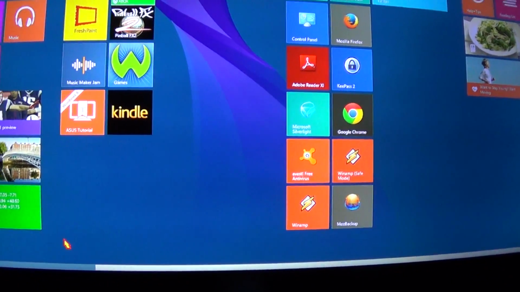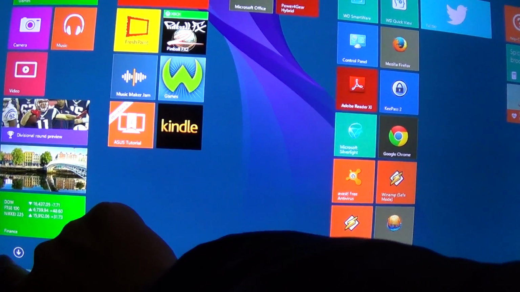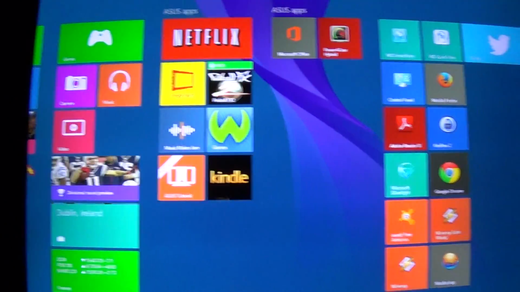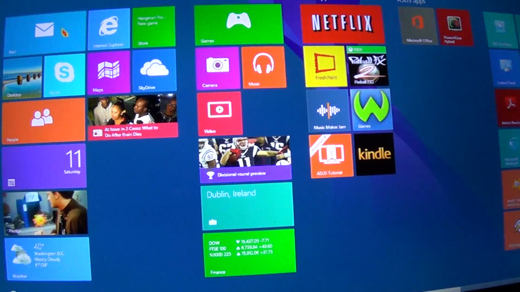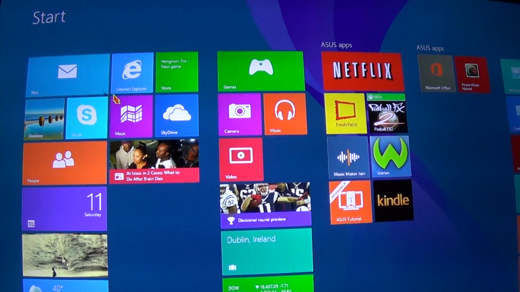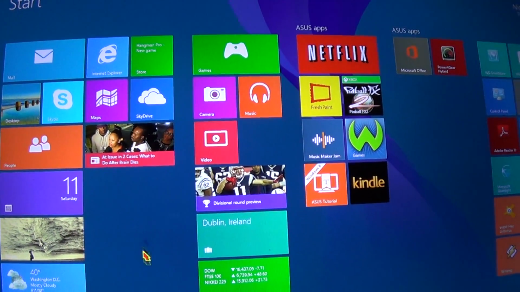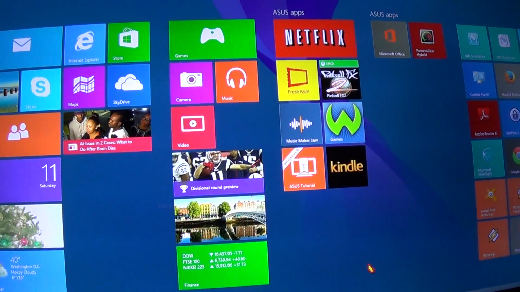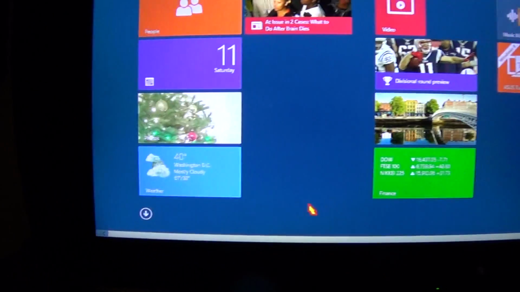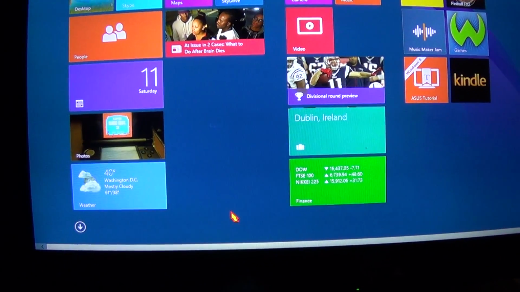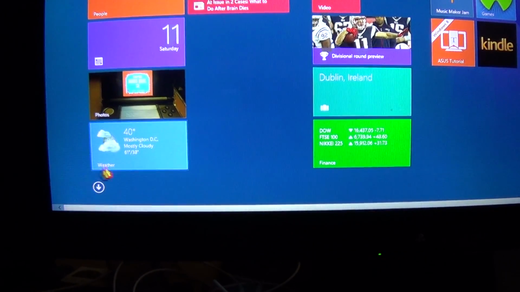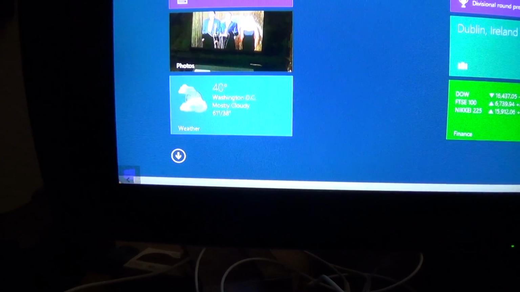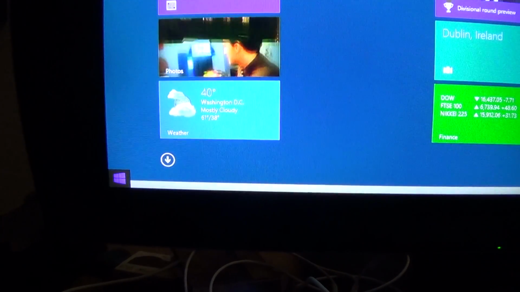So there is three solutions that I came up with. If you don't yet have the Windows 8.1 update, you should get it. It's free, and it will alleviate a little bit the start menu dilemma. Whenever you put your cursor over the left corner, the little Windows button is gonna come up automatically,